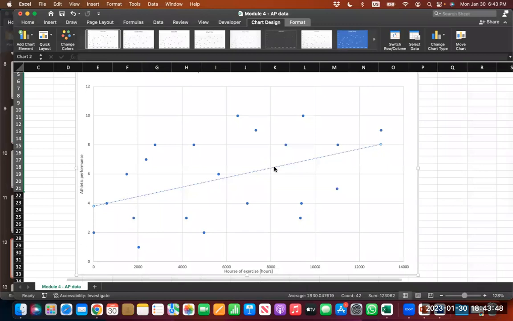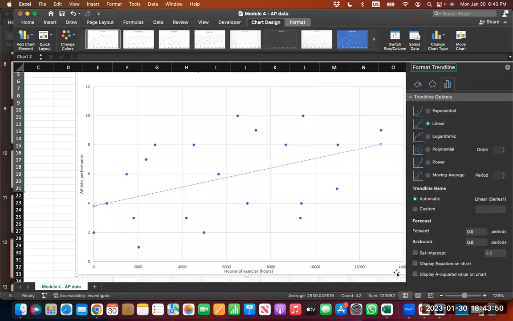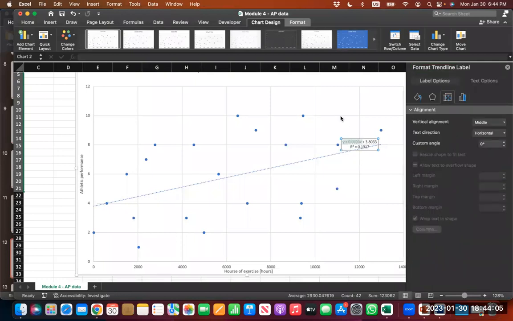If you have this trend line here and you double click the trend line, you have here an additional feature. You have here display equation on chart, and display R² value on chart. If you click that, you basically get here a regression model, which is basically,